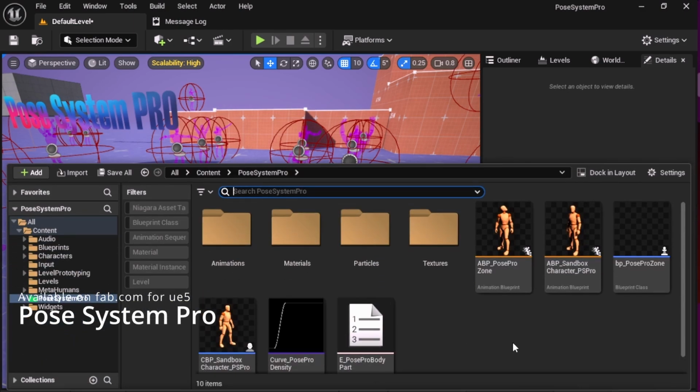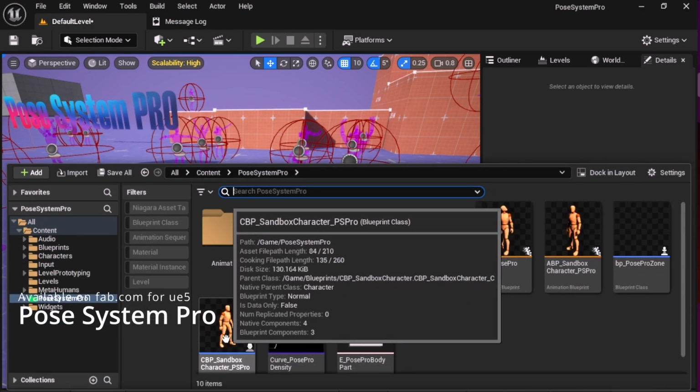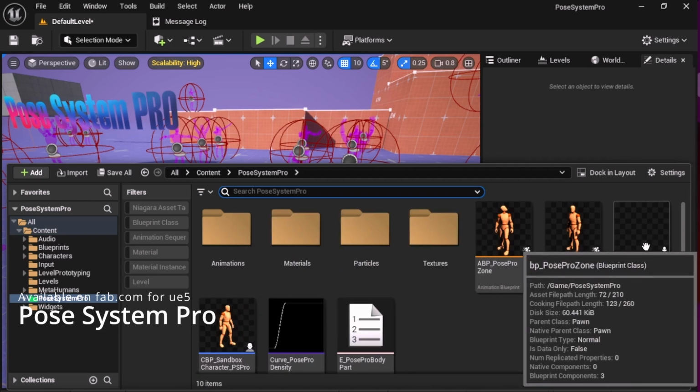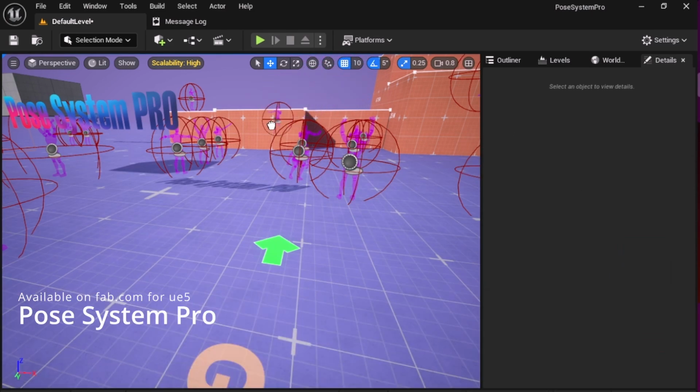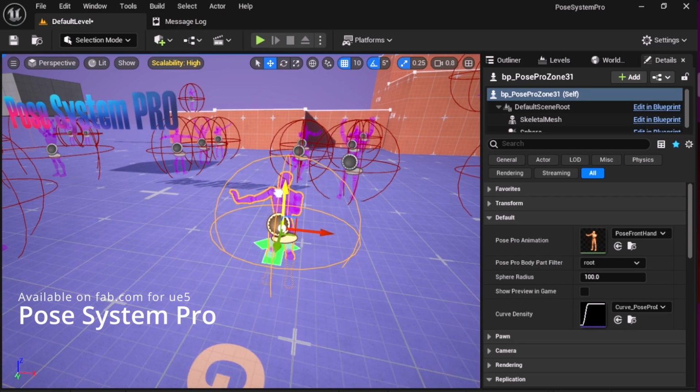We can open the content browser, search for this blueprint, the Pose Pro Zone, drag it on top, align it,